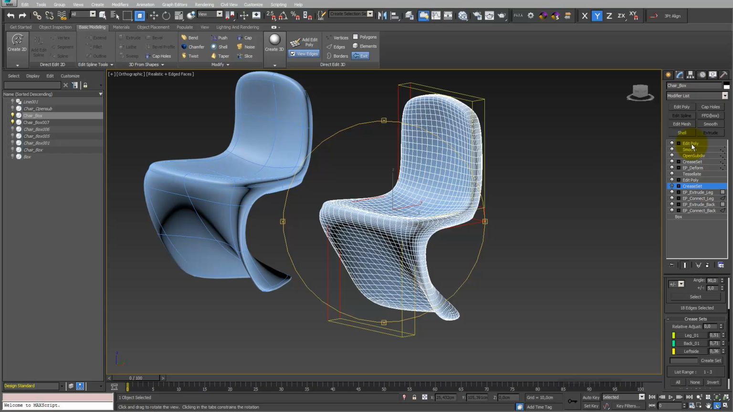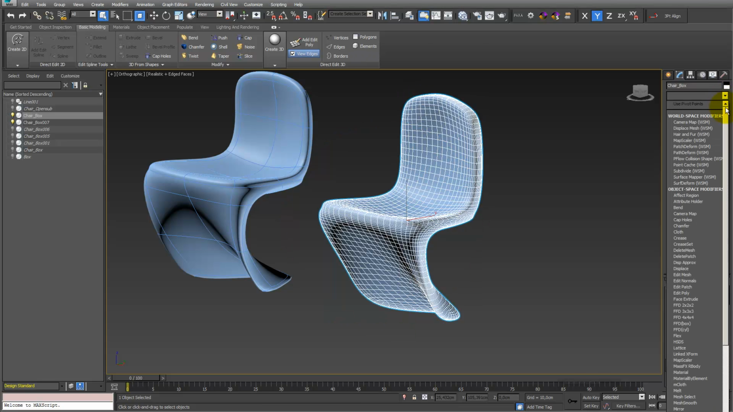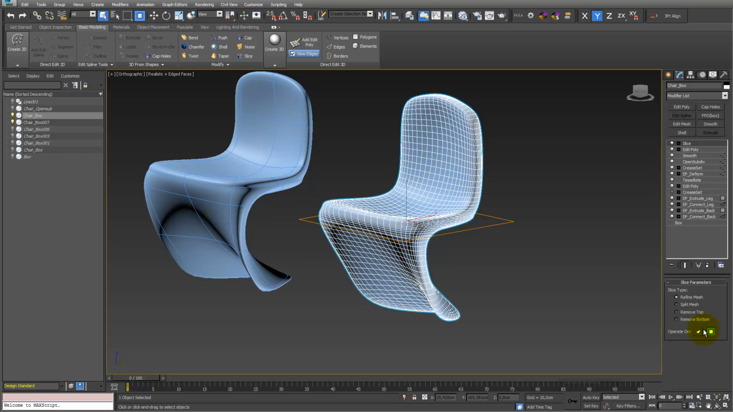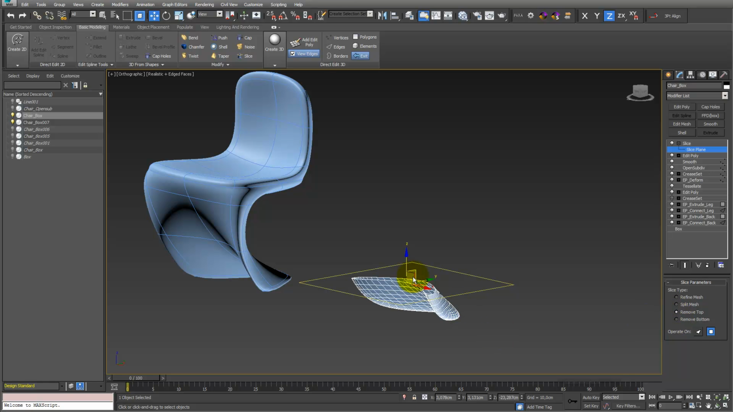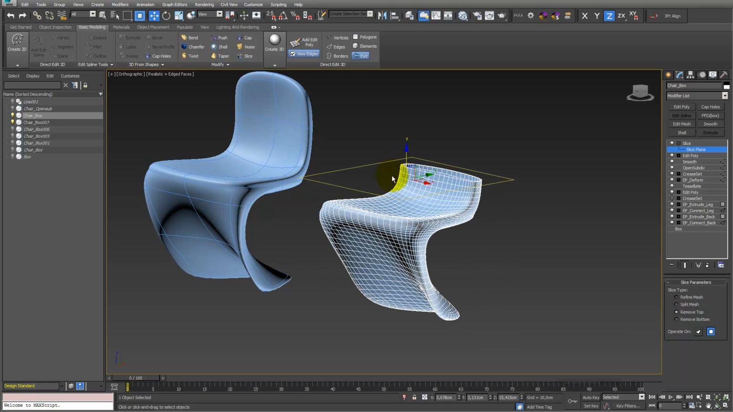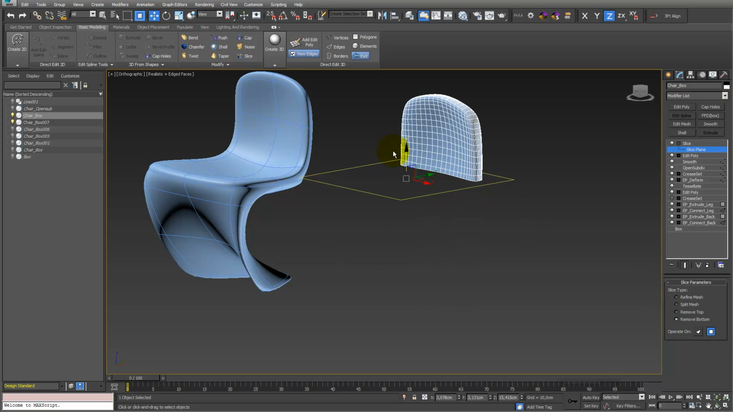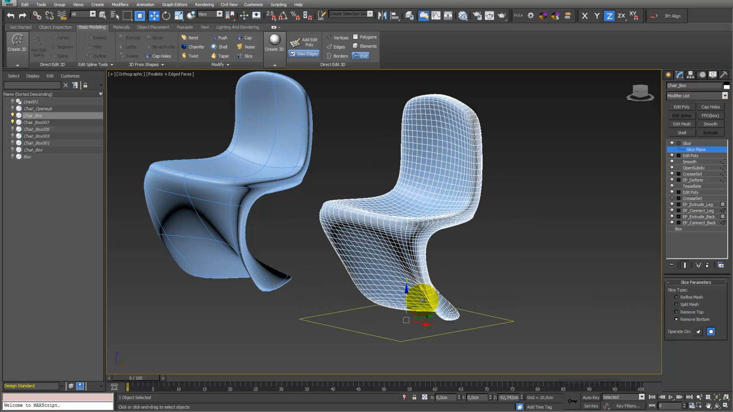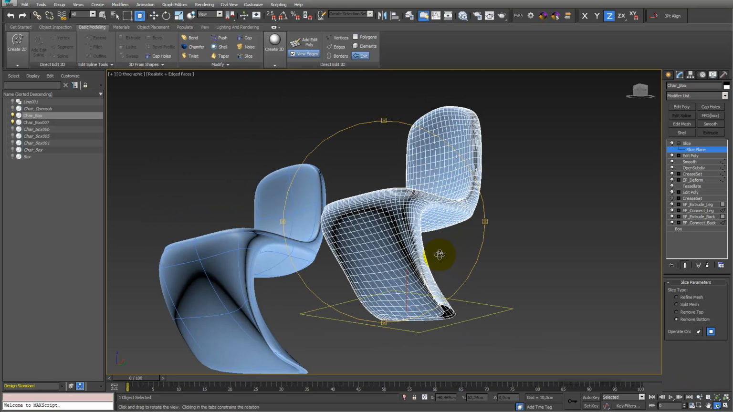And if you want to have a clear cut here at the lower point, I go to the top of my modifier hierarchy. I choose a slice modifier, and in the list of the slice modifier I can open my slice plane, move it down, and you can say remove bottom or remove top. Actually we want to remove my bottom, somewhere like this, move it down, and now you have a clear cut at the bottom,